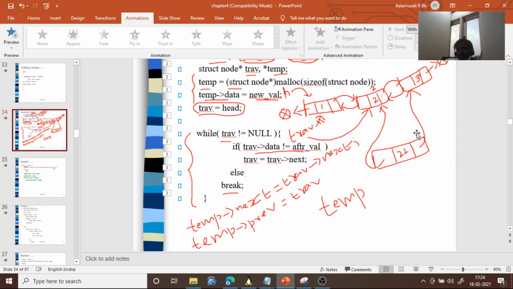In that case, there is no node on the right side of the new node, and there is nothing to point to. Its previous pointer need not point here because there is no node at all. That is the reason we are checking this condition.